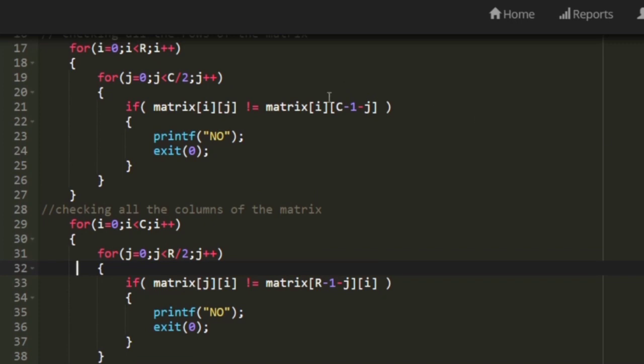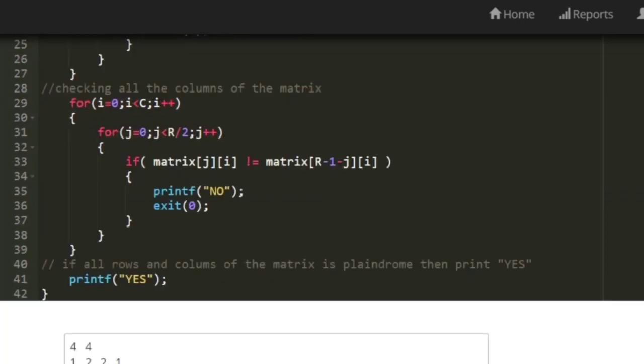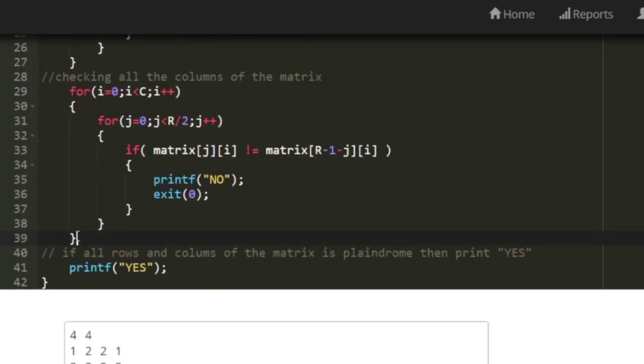Here we can see that the first loop iterates from 0 to r, and here the first loop iterates from 0 to c, and here the j loop iterates from 0 to c by 2, and here the j loop iterates from 0 to r by 2, and here matrix of i j is checked, here matrix of j i is checked, and here matrix of i, c minus 1 minus j, here matrix of r minus 1 minus j, i. So this is just the opposite of this nested for loop.